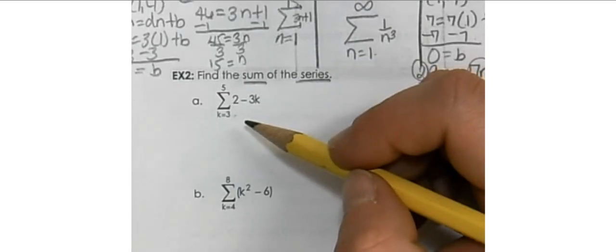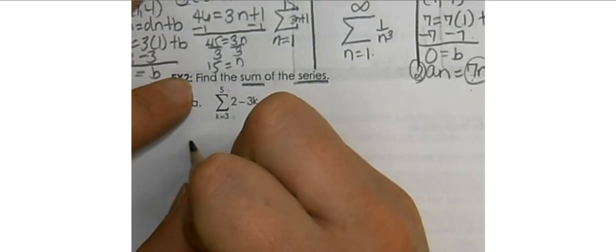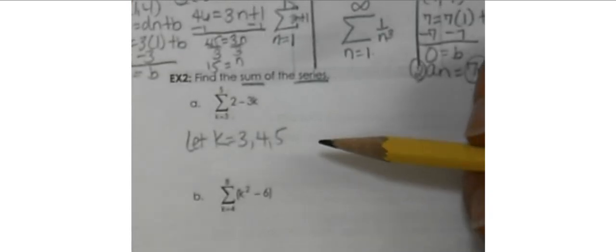We're going to start at the third term, and we're going to end at the fifth term. And so what that means is that I'm going to add the term that's in the third position, the fourth position, and the fifth position together. So I'm going to let k equal 3, 4, and 5, because those represent our positions. And I'm going to substitute those values into our rule in order for us to come up with the terms